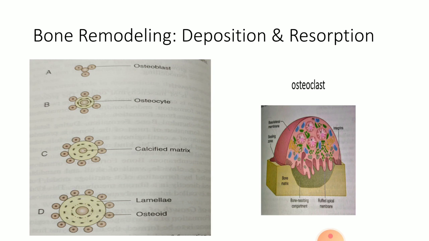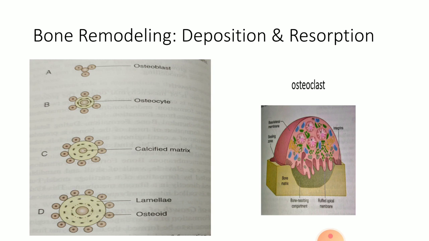Now in these two diagrams, in the left panel you are seeing how the bone deposition occurs. Bone deposition is basically done by osteoblast, I have told you. In the initial stage of bone production, there is secretion of collagen, or to be precise, collagen monomers, which is laid down by the osteoblast itself, and the ground substances are laid down in between them. Ground substances means proteoglycans, which includes hyaluronic acid, chondroitin sulfate, etc.